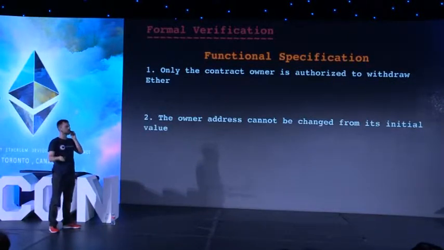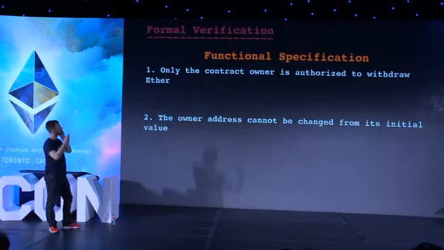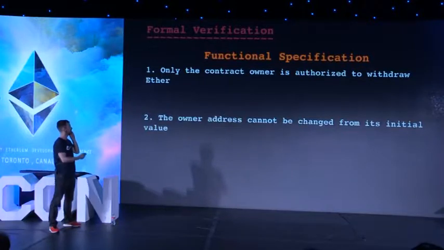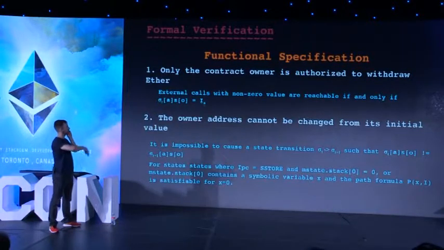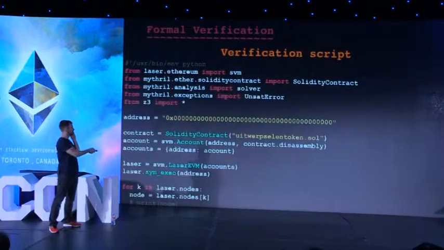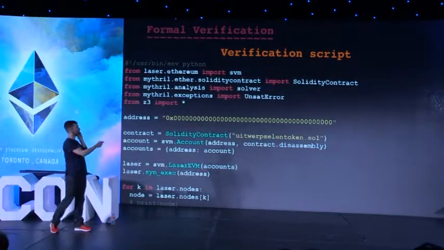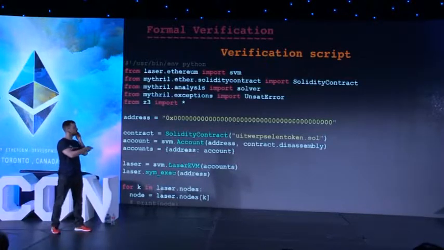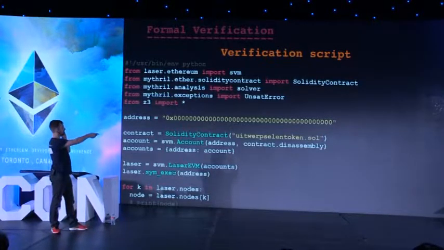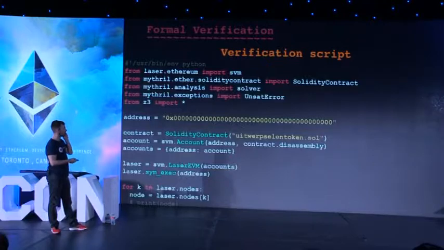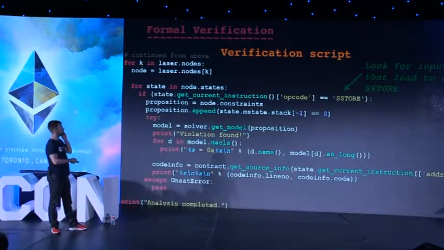So let's write a functional spec for that. Only the contract owner is authorized to withdraw Ether, and the owner address cannot be changed from its initial value. So there's a bit more formal writing of it. And so we can now write a script, import some Mythril libraries, pull in our Solidity code, and then what we're going to do is